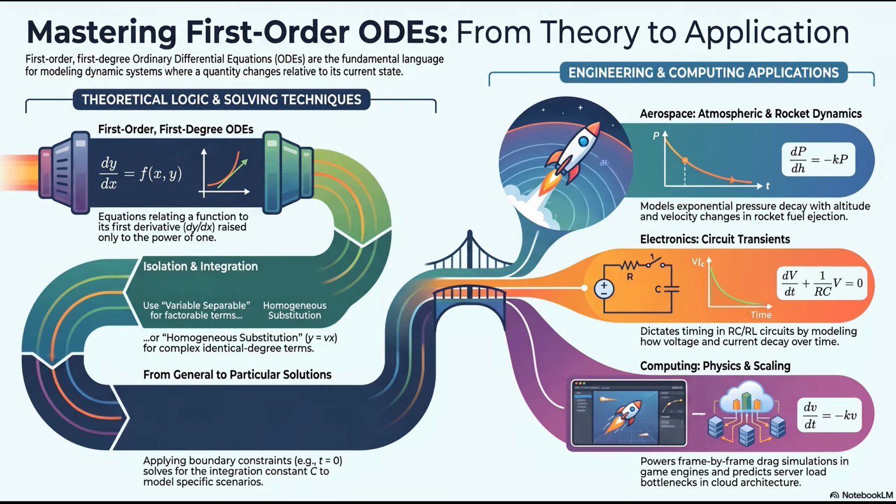It's everywhere. Then we took it into the digital architecture, seeing how video games use Runge-Kutta averaging to simulate continuous physics without drifting, and how cloud servers use weight equations to dynamically scale under massive pressure. Right. And finally, we brought it back down to the desk of the modern engineer, where Python and SymPy turn these abstract mathematical concepts into executable visual tools. It truly is a profound realization that the mathematical language of change is completely universal across all these domains.